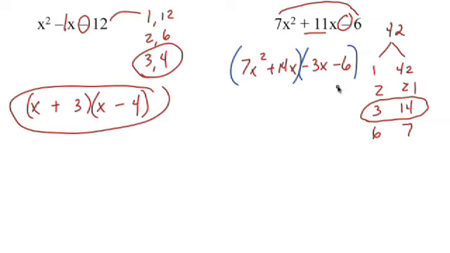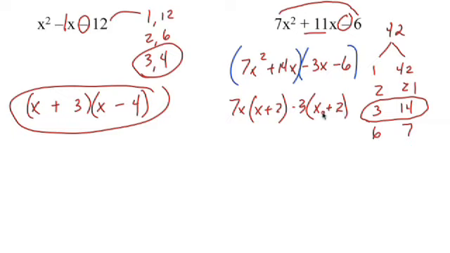All right. Out of the first two, I can take out 7x. And that leaves me with x plus 2. Out of the next two, you always want to take a negative if that third term's negative. So we're going to take out a negative 3. And again, x plus 2. And again, as Jerry said in the previous Hot Topic, in case you didn't watch it, if you don't get the same thing in the two sets of parentheses, notice we have an x plus 2 in both places. If that doesn't happen, go back. You must have made a mistake somewhere. These problems are rigged so that they'll work that way. If they don't work that way, something's wrong.